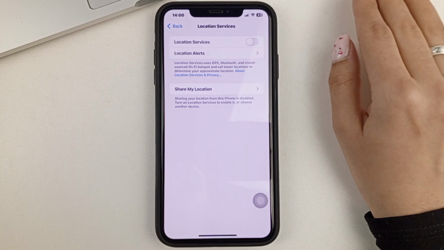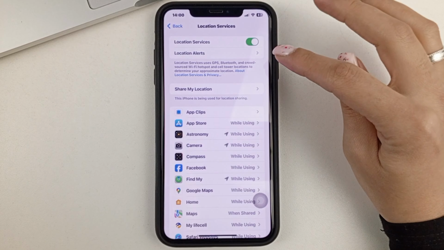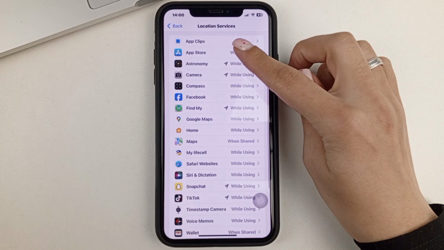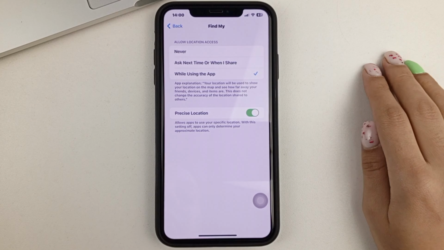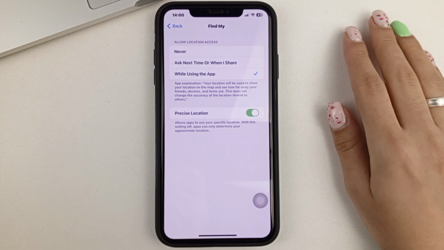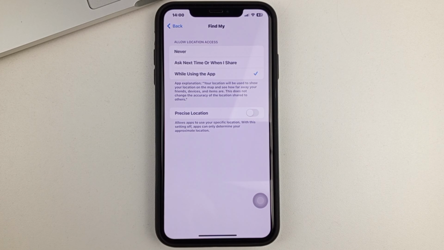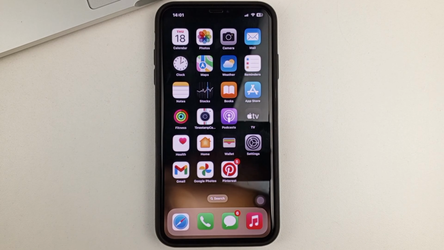And so you can disable location sharing on your phone, and no one will know about it. Or you can find, for example, the same Find My app, go to it, and then you can turn your location off from there, and nobody will know about it because you did it not from the application itself, but from the phone settings. This is how you can disable location sharing on your iPhone without anyone knowing about it.